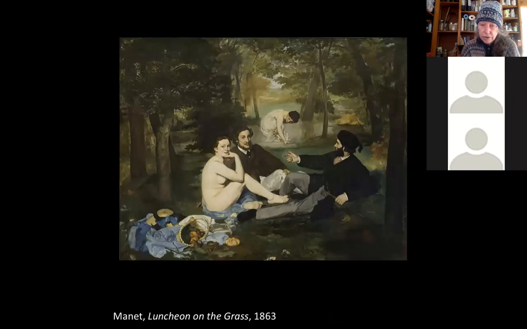Okay, so another artist in the realism tradition is Manet, who also lives in Paris at this time, but he's an actual Parisian. And Manet wants to take this idea of Courbet's, of realism, that is painting ordinary people, real people in contemporary times, their times, that is the mid-19th century, and in an ordinary place like a park in Paris, the Bois de Boulogne, as a matter of fact, which was a big park.